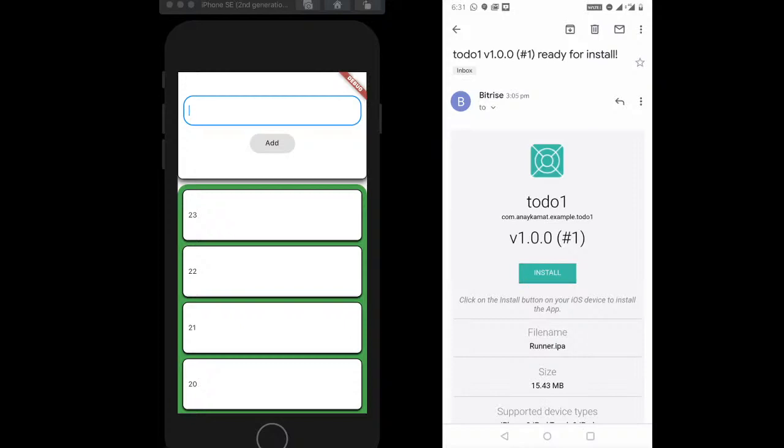Yep. So I added my message, and I will say git push. Okay, I have pushed it to the repository.